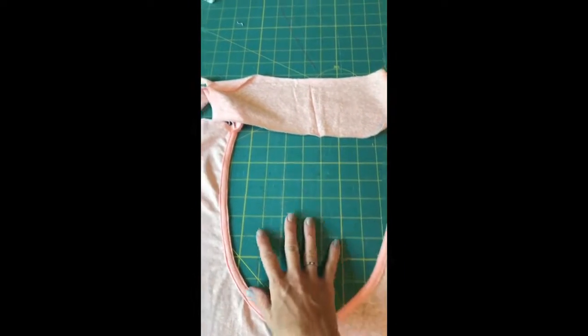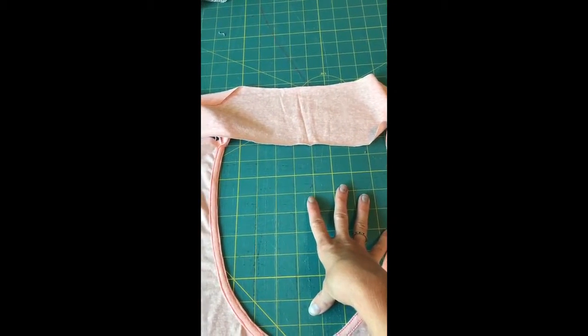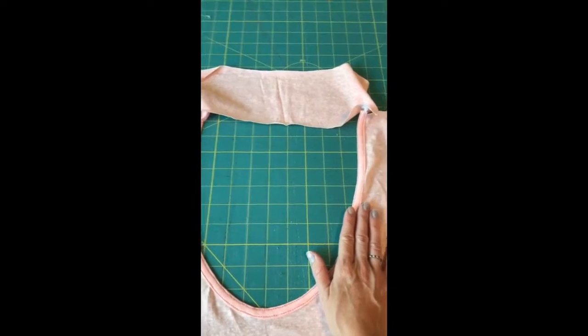There is an option for a mesh insert in the back, and I think that would look pretty awesome if you have some mesh that you want to insert in the back, so you don't want it to be fully open, but you just want it to have some airflow back there. That's another option that's in the